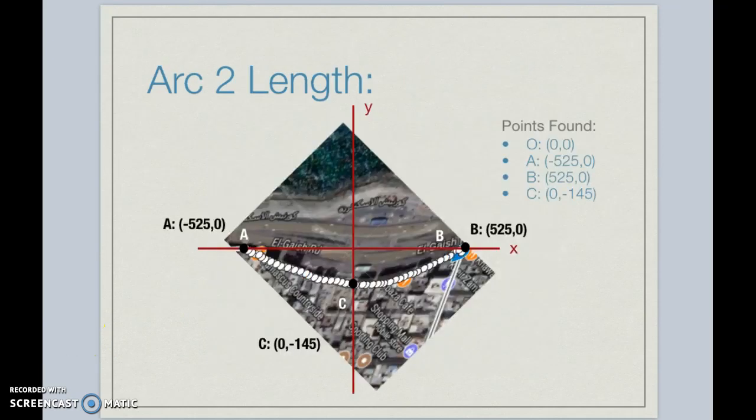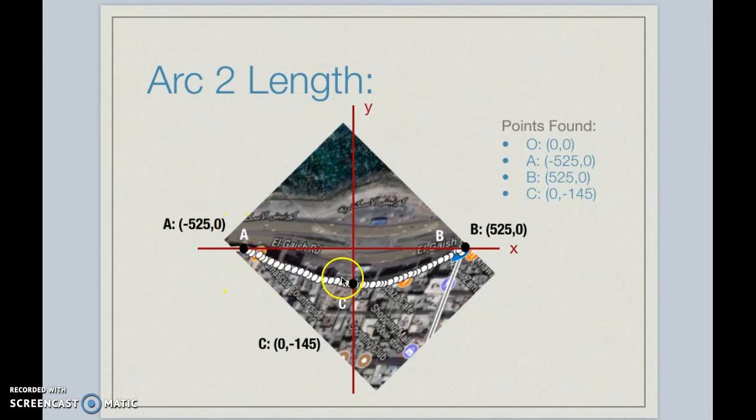Once again, for the second arc length, I took the parabola parts and I put it on a coordinate axis. The x-axis is along the shoreline once again, and the y-axis splits that respective shoreline in half, and I was able to make coordinates of all the key points. So the length of the shoreline is about 1,050 feet. So the endpoints of the shoreline are negative 525, 0, labeled as point A,